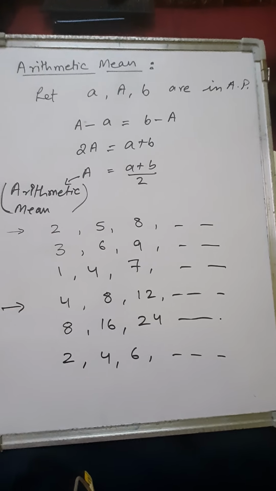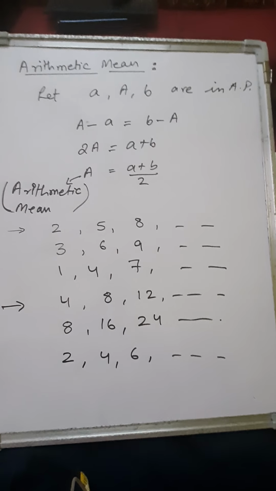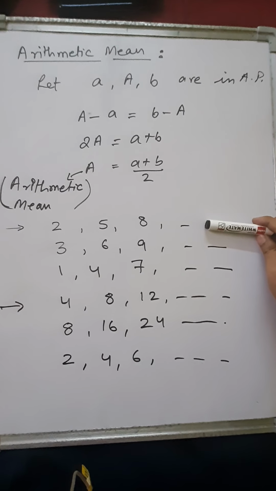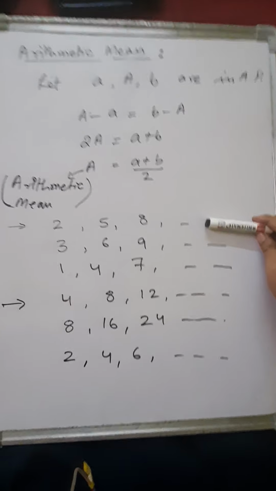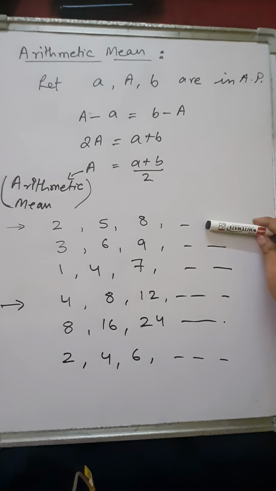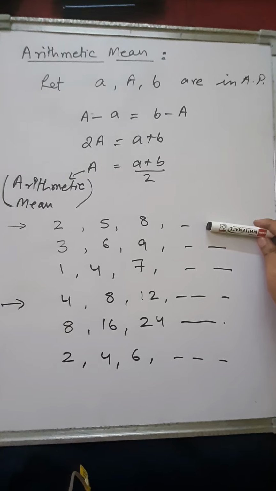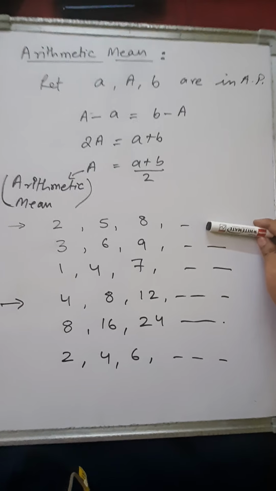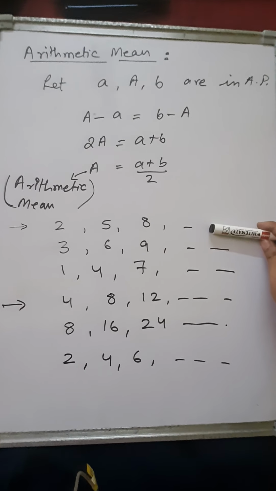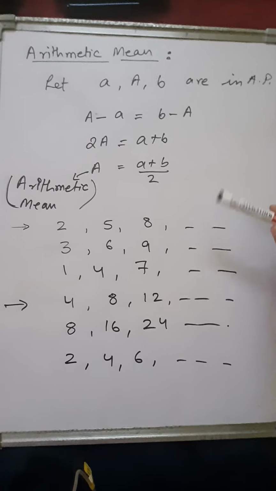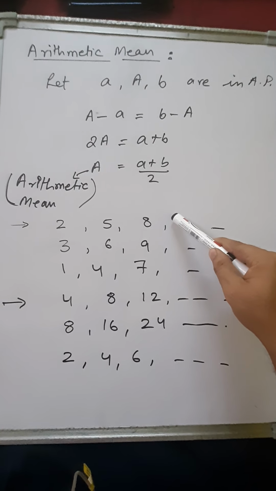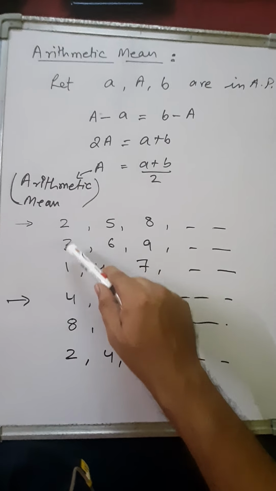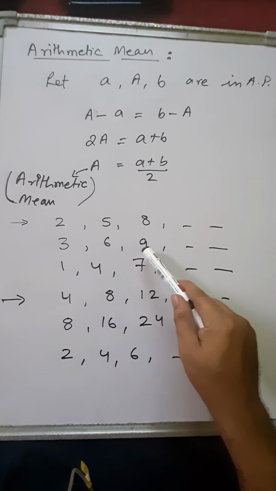Now let's discuss a few properties of arithmetic progression. Suppose any arithmetic sequence is given, let's take an example, 2, 5, 8 and so on. The first property states that if we add or subtract any same constant in all the numbers of the arithmetic progression, it will remain an arithmetic progression. Let's see, this was the arithmetic progression given, 2, 5, 8. Say we add 1 to all the terms of this progression. So 2 plus 1 is 3, 5 plus 1 is 6 and 8 plus 1 is 9.